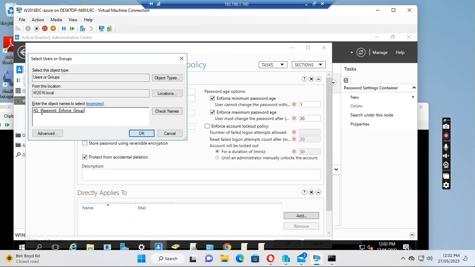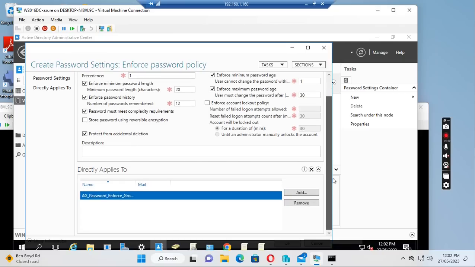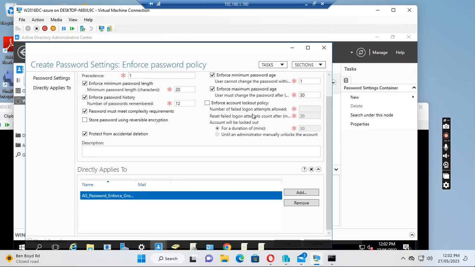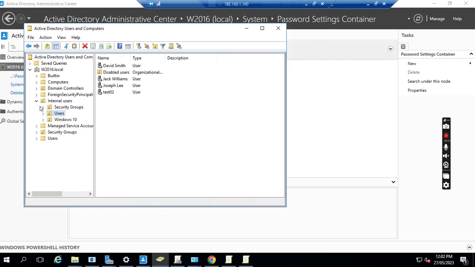I have already created a security group like AG_password_enforce_group. So click OK, and then we go there. Click OK. So this enforce password policy is applied to this group now. Let's go back to the Active Directory. We see the security group. We have created this group,